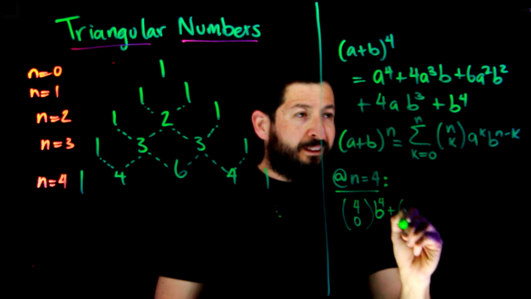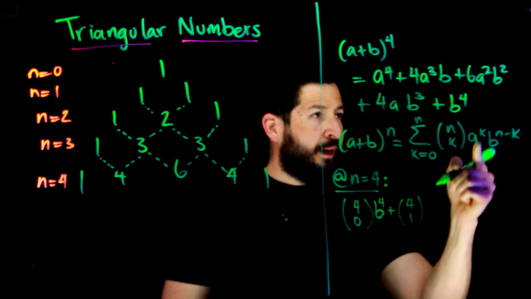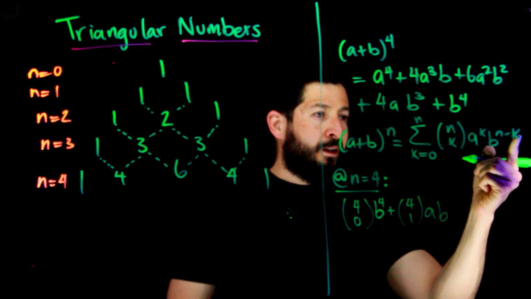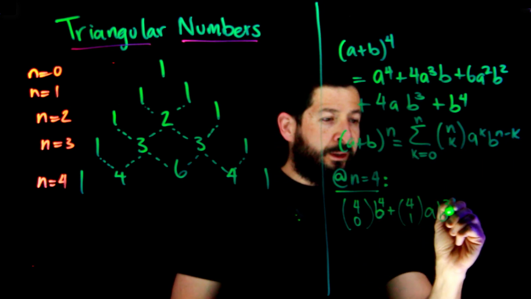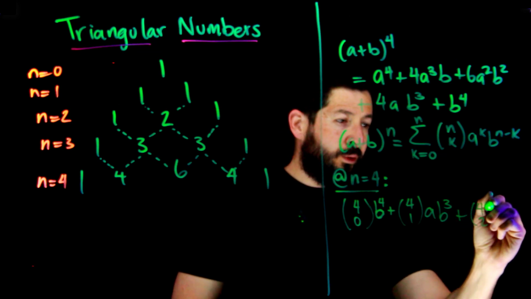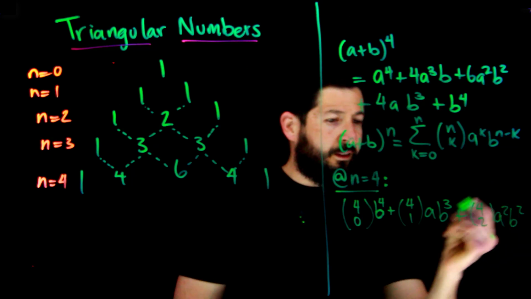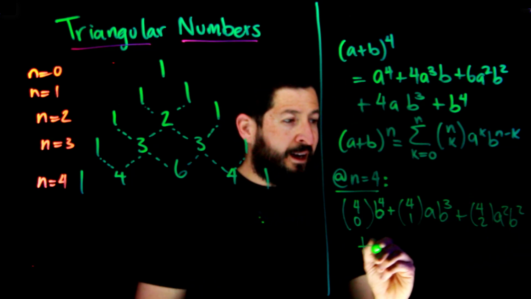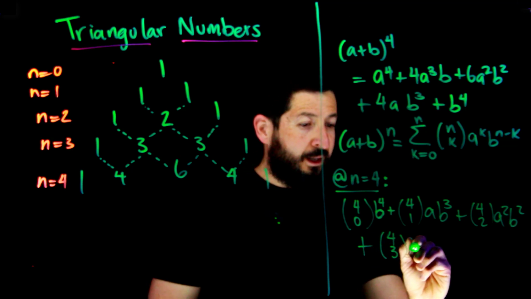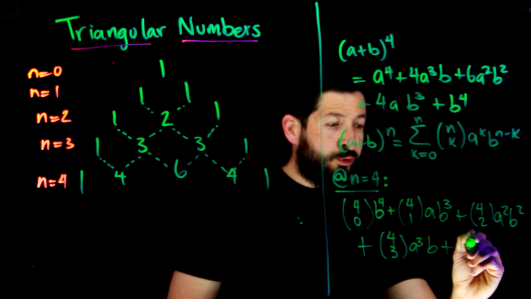Then when k is equal to 1, 4 choose 1. And then you get a to the power of 1, b to the 4 minus 1, 3. And then you get 4 choose 2, and then you would have a squared, b squared. Then 4 choose 3, a cubed, b, plus 4 choose 4,